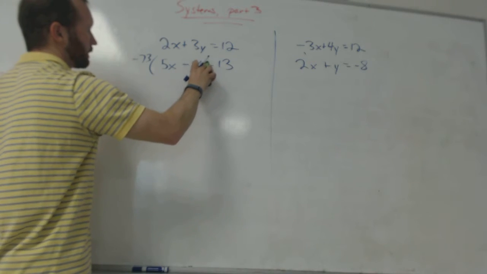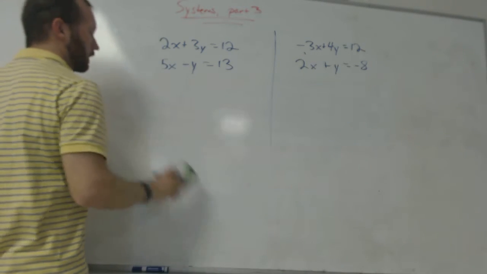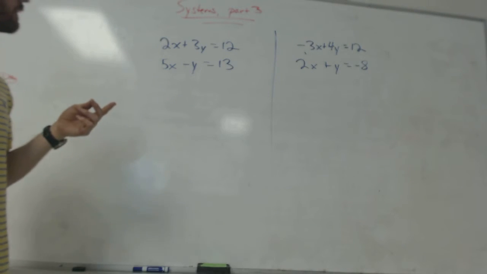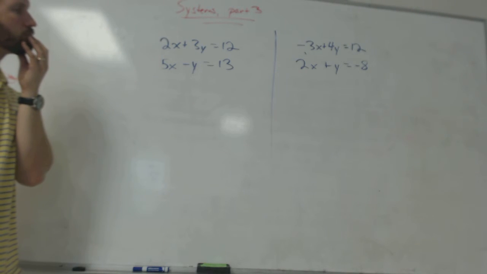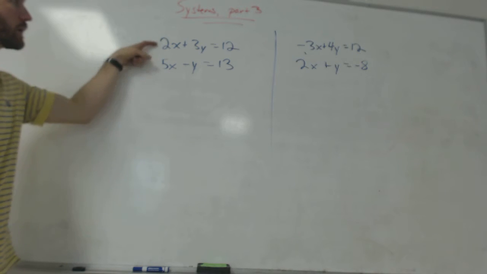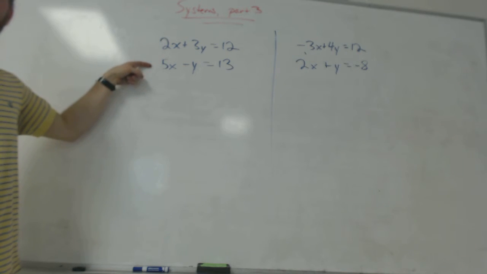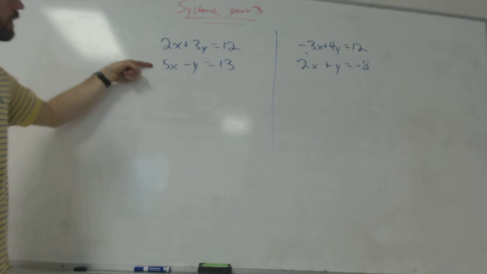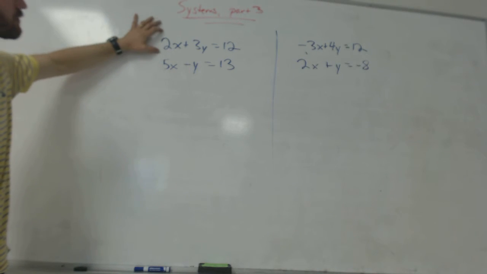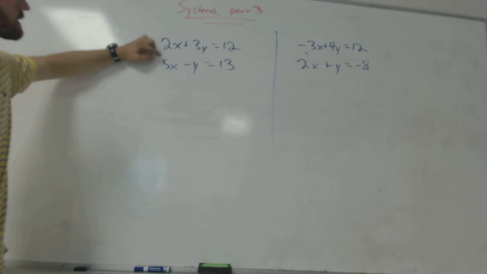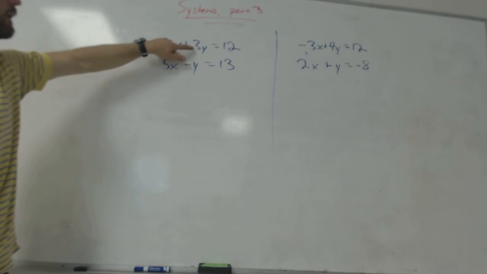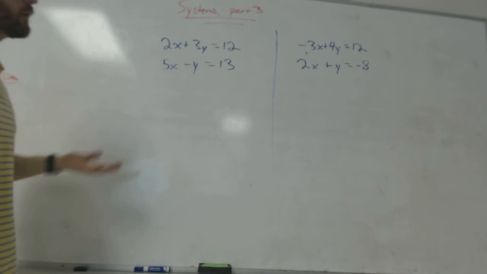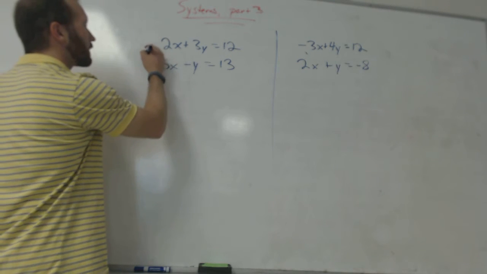Multiply by 3, but which equation? The bottom, because it's negative y, and on the top it's a positive y. If I multiply the top by 3, I have 6x and 5x. That doesn't help. Then I have 9y and negative 1y. That's not going to help. But if I multiply the bottom equation by 3,